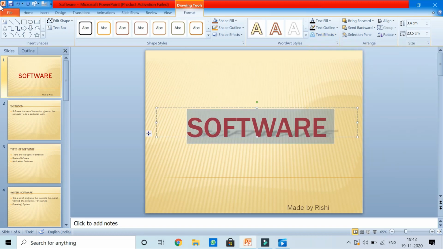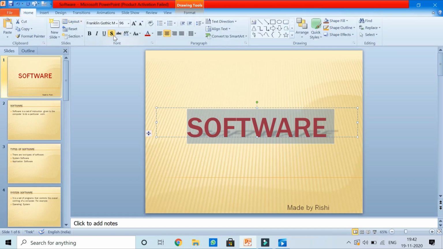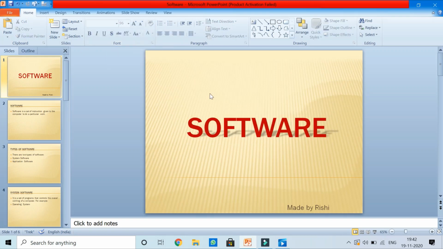And even, children, you can apply shadow from here also: Home tab, Font group, and Shadow. So this way I have made these changes on this text. Now I want to change this text also, because it is coming a little light. So I want to make it a little darker and bolder.